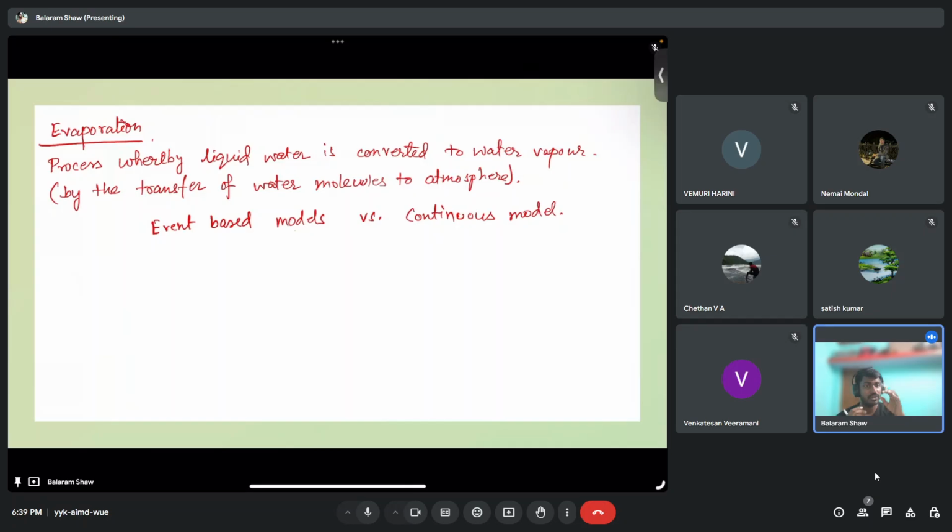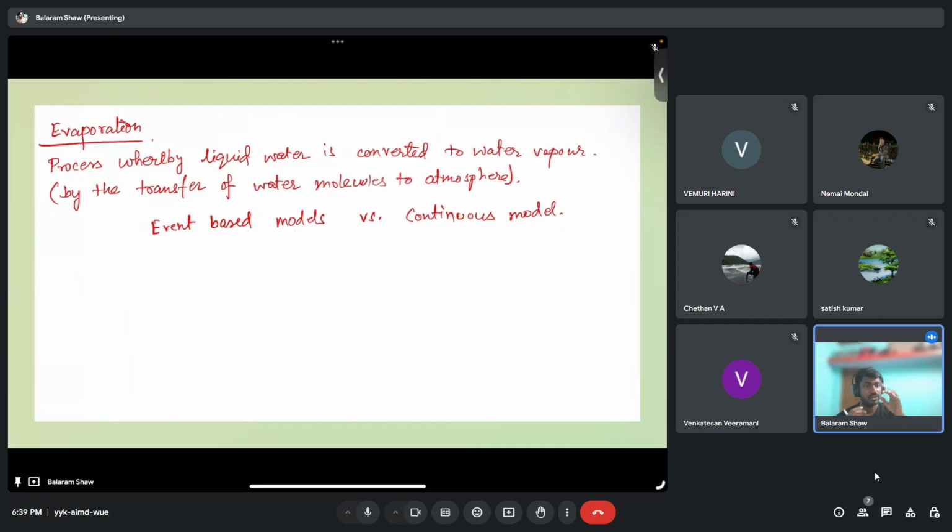Firstly we have vapor pressure, at both the water surface and also the vapor pressure in the air that is prevailing above. So what is vapor pressure? Vapor pressure is the pressure exerted by a vapor when it is in its condensed phase, that is solid or liquid phase, at a given temperature. So that is called vapor pressure.